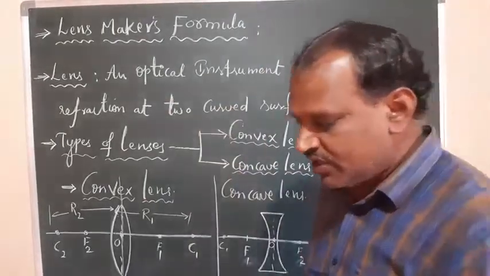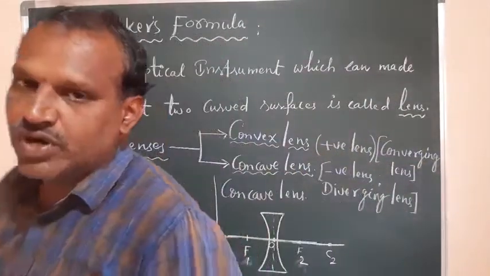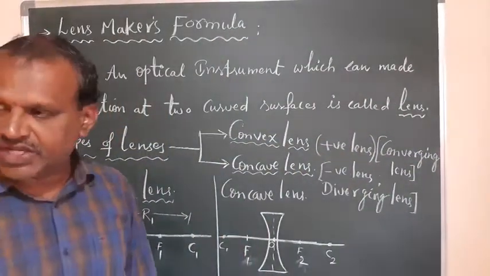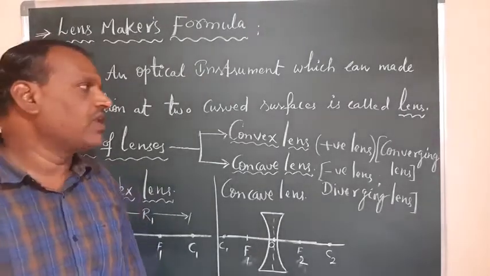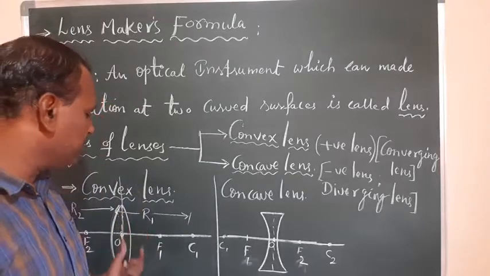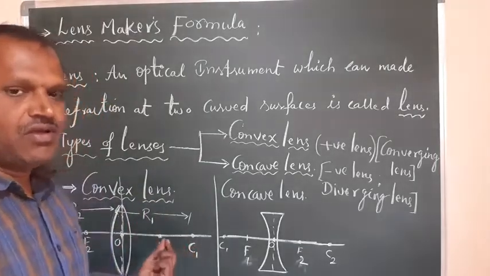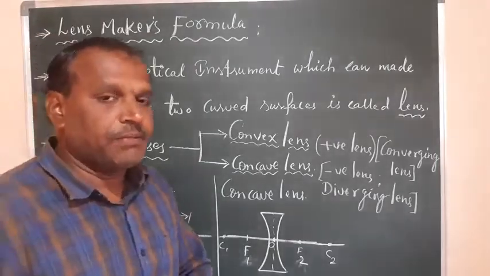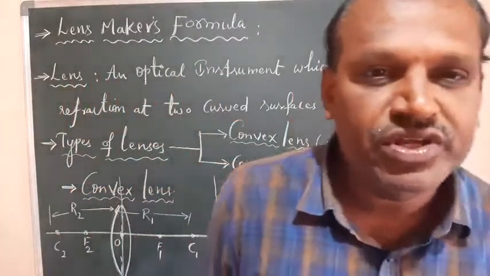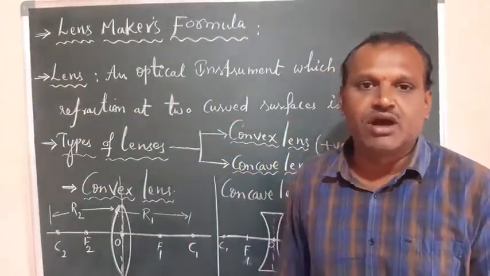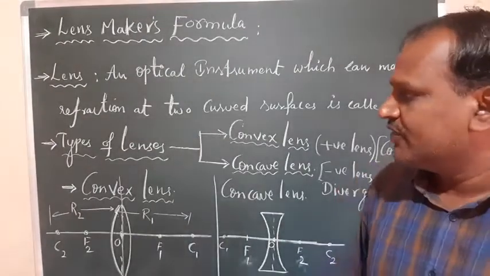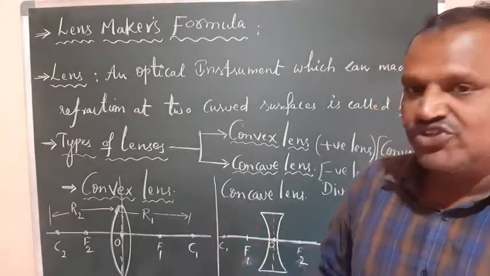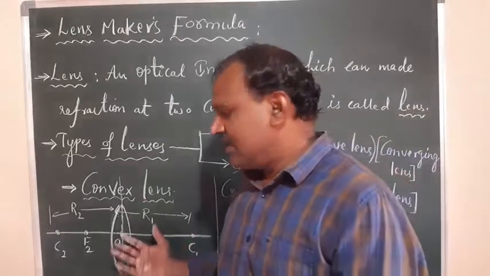Next we have the lens maker's formula. Before getting into that, there are certain observations for a lens. In the case of mirrors also, we saw how, based on the position of the object, we can get the image formations, right? So now I'll give you the same observation for a lens.